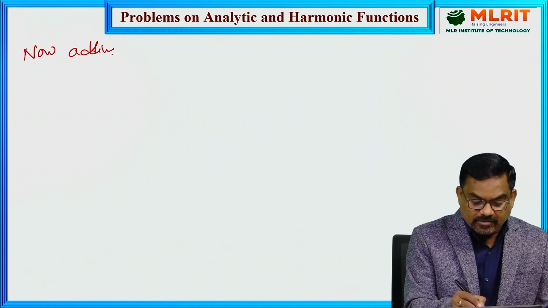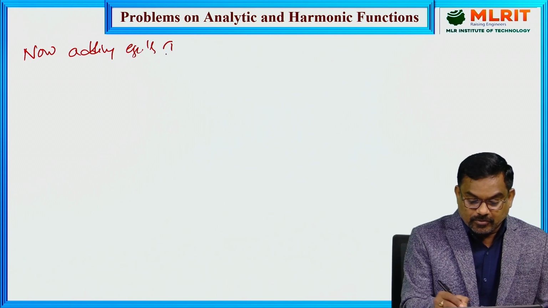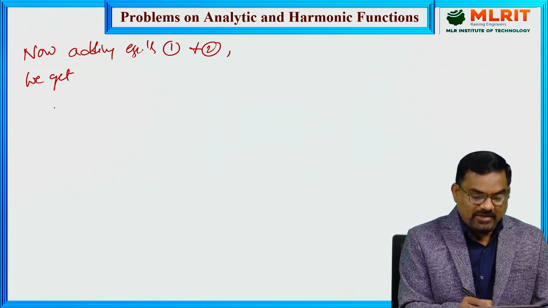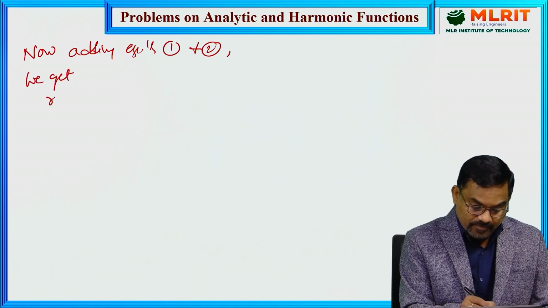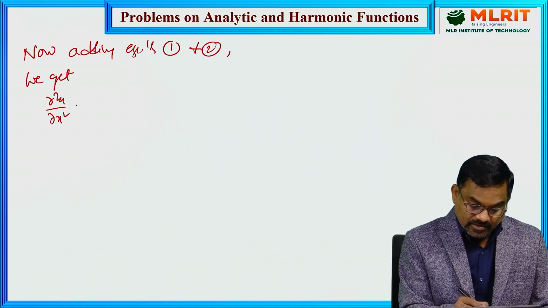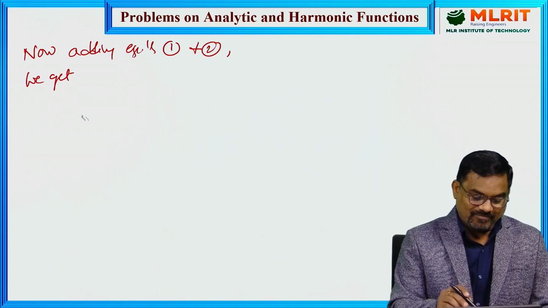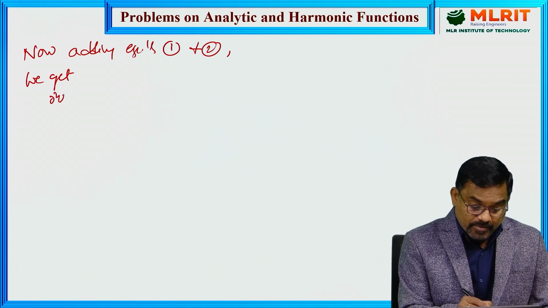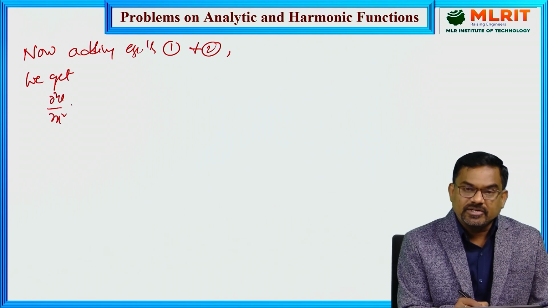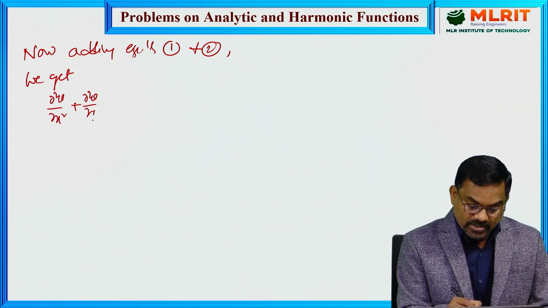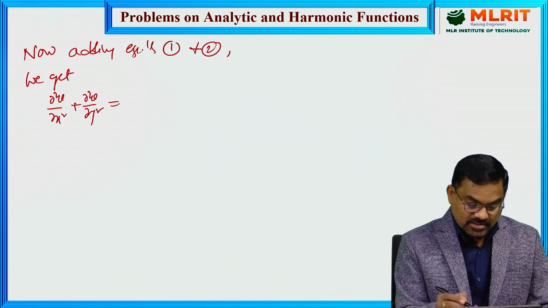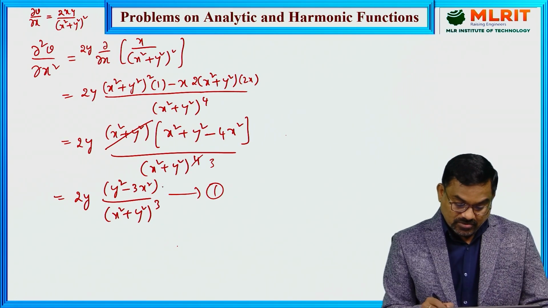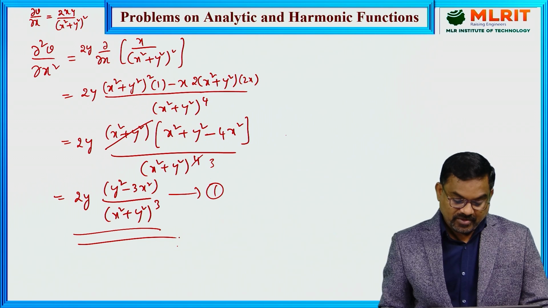Adding equations 1 and 2, equation 1 is dou square v by dou x square, and equation 2 is dou square v by dou y square. So that is equal to, now let us go back,